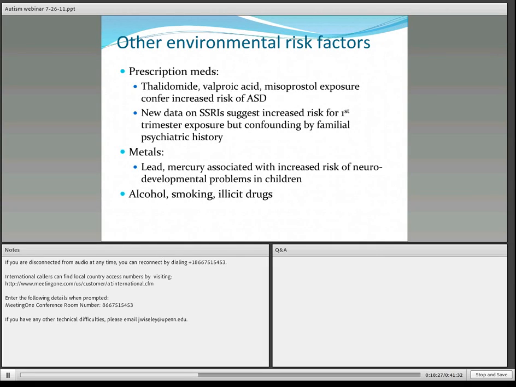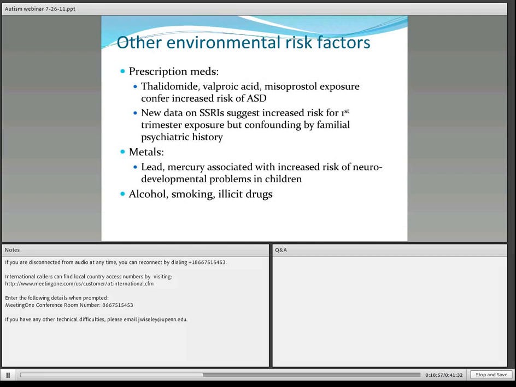There was another paper that was recently produced, a very interesting study out of California using the Kaiser database that looked at selective serotonin reuptake inhibitors, SSRIs, antidepressants, and the data suggests that there may be an increased risk for babies who were exposed during their first trimester. This is the only study that's looked at this, and they report the increased risk, but we have to interpret